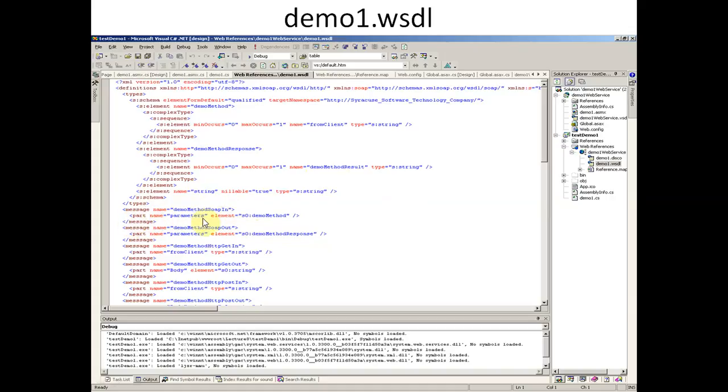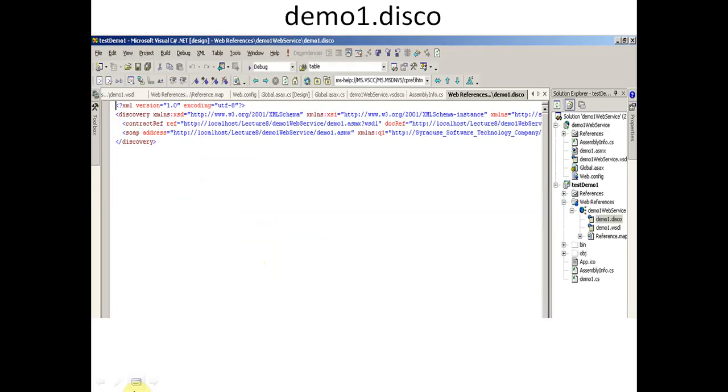In the parameter element, same way we have different types of values given here, like from client is type string, and body is type string, from type again it will display. So accordingly we have this WSDL program, and it will be created automatically, and the disco file is also created automatically.